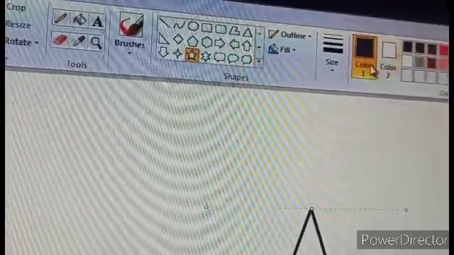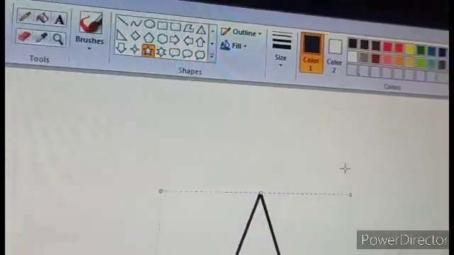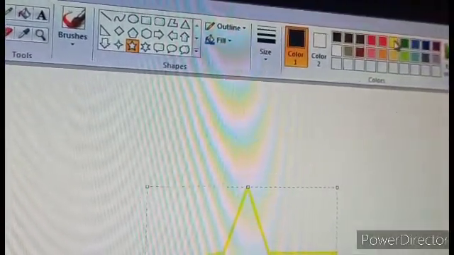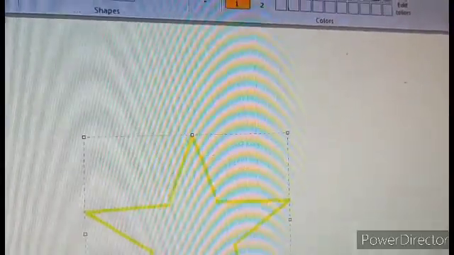Right now it is black, so whatever color I fill into this star will be black. So choose any color from the color palette, then go to the fill with color tool and click on that tool, just a single click. See, this is the fill with color tool icon. Place the icon anywhere inside the shape. Single click. Now my star has changed to yellow color.